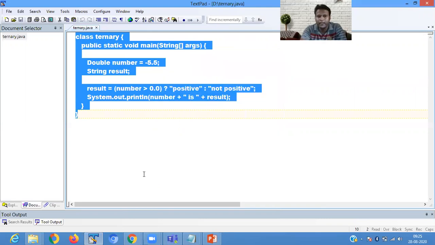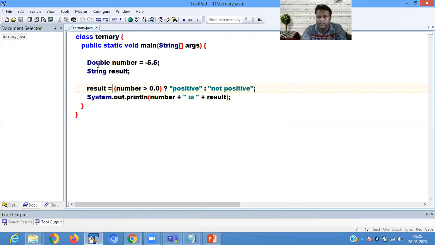So we are defining a double number, minus 5.5, and a string result. The result equals: if number is greater than 0.0, then it shows positive. If your number is not greater than 0.0, it shows negative. Here we are passing minus 5.5, which is not greater than 0.0.